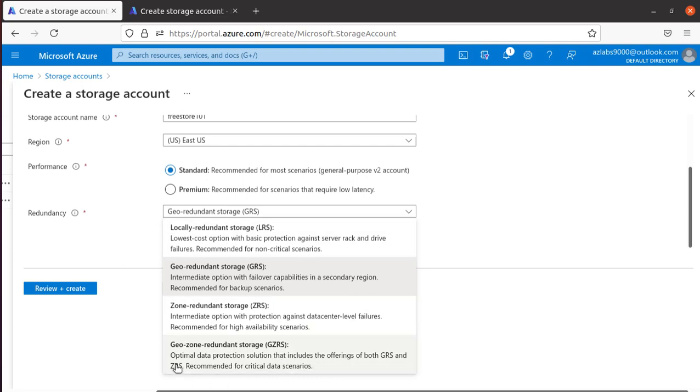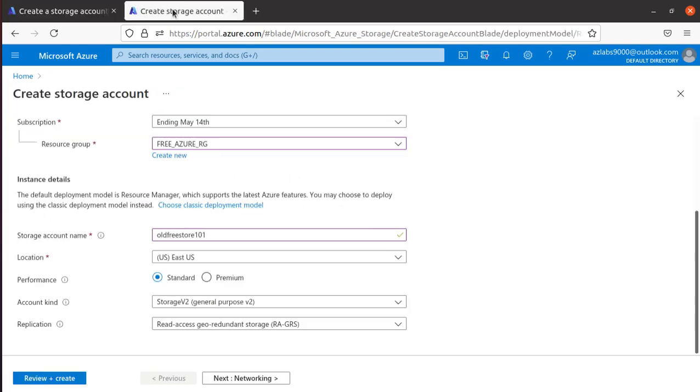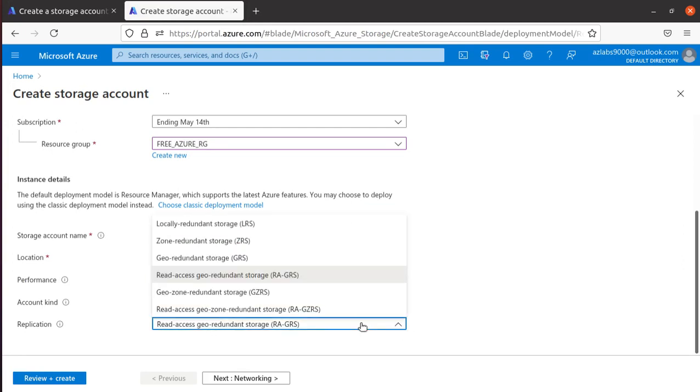And that's why it's saying optimal data protection solution that includes the offering of both GRS and ZRS. So you only use this for critical data scenarios, and your cost is going to be the highest for this one. Now let's go back to the old one. So if we stick and choose standard and V2, if I click on this one, you have LRS, ZRS, GRS,